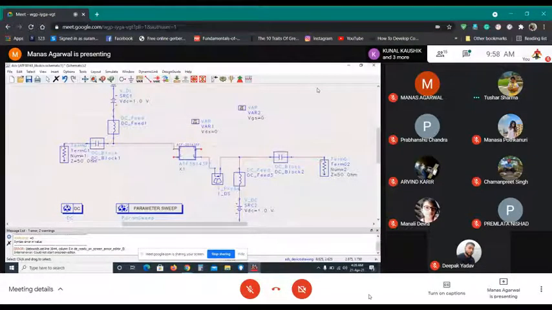Okay. So Deepak, tell Manas what the problems in his schematic are. First thing, the source should be grounded. Your source is not grounded. Bring the ground up and connect it with both sources.